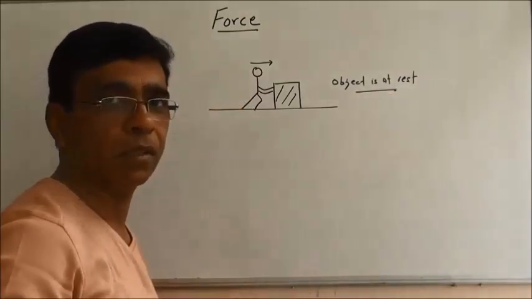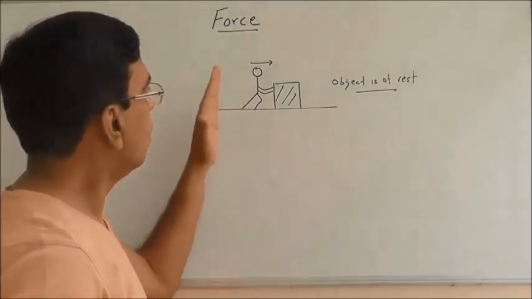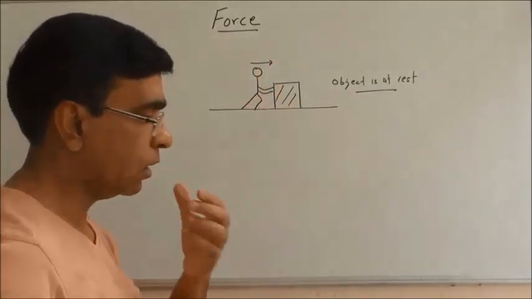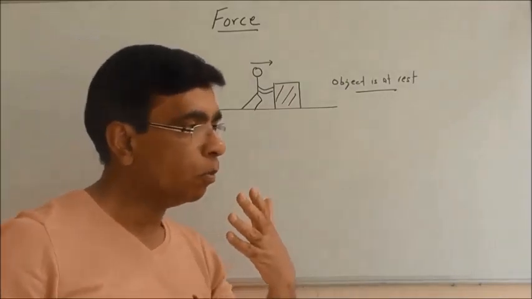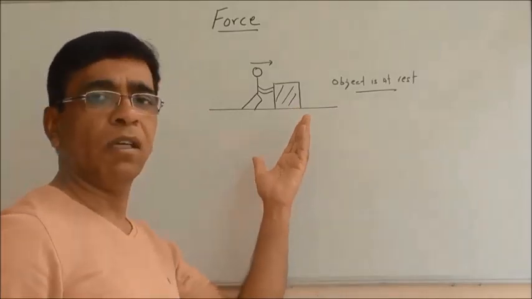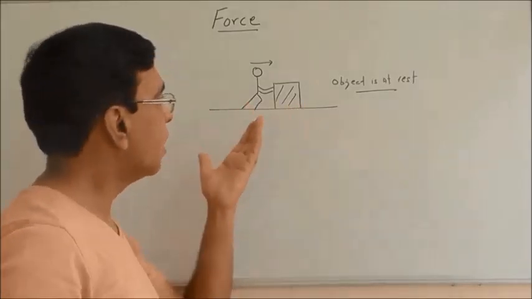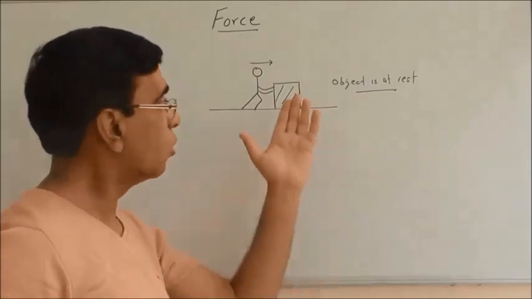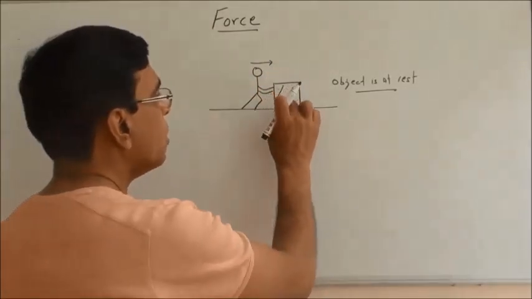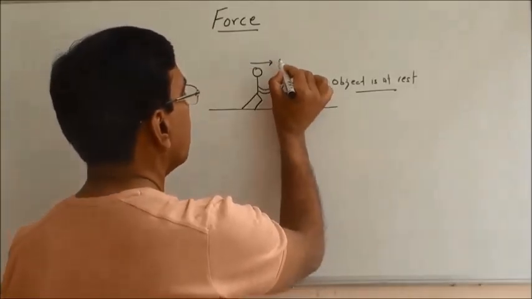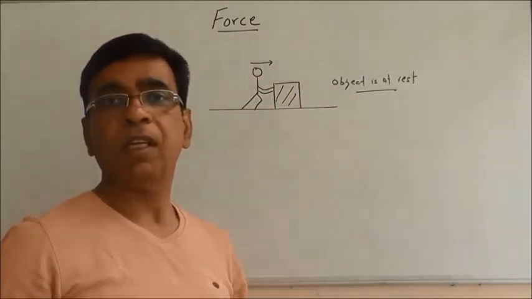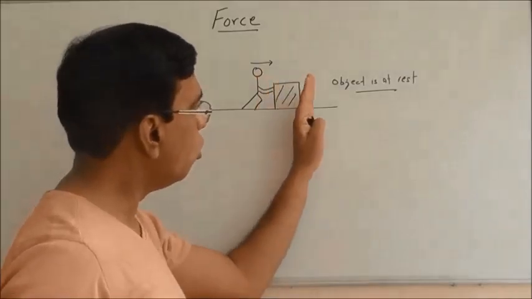The object is at rest. A person is trying to push a very heavy object. Suppose we are trying to push a car or a truck, but that truck or car doesn't move when we are applying force onto it because it is very heavy, right? Now we are applying a force onto it, so on this object there is a force in this direction, there is a push. So whenever there is a force, there should be an acceleration. But if it is not moving forward,